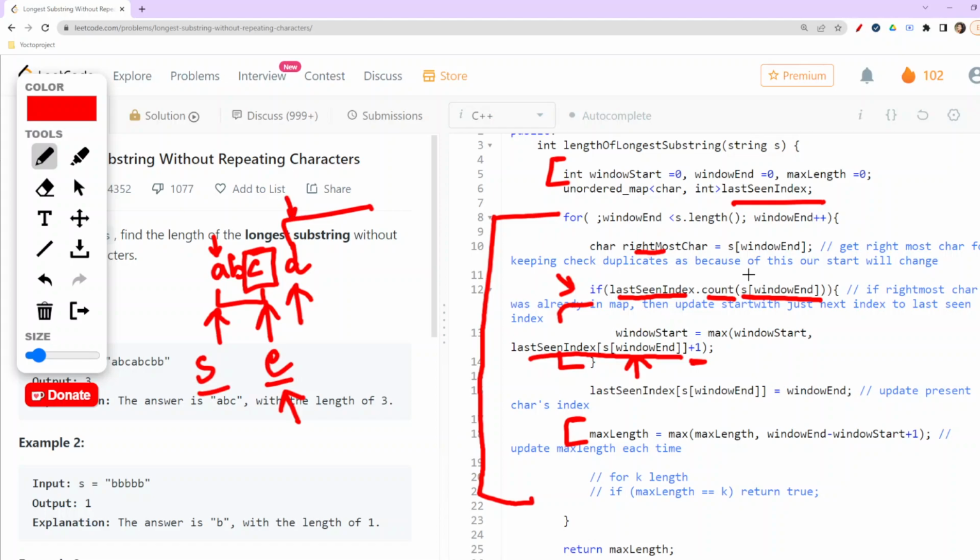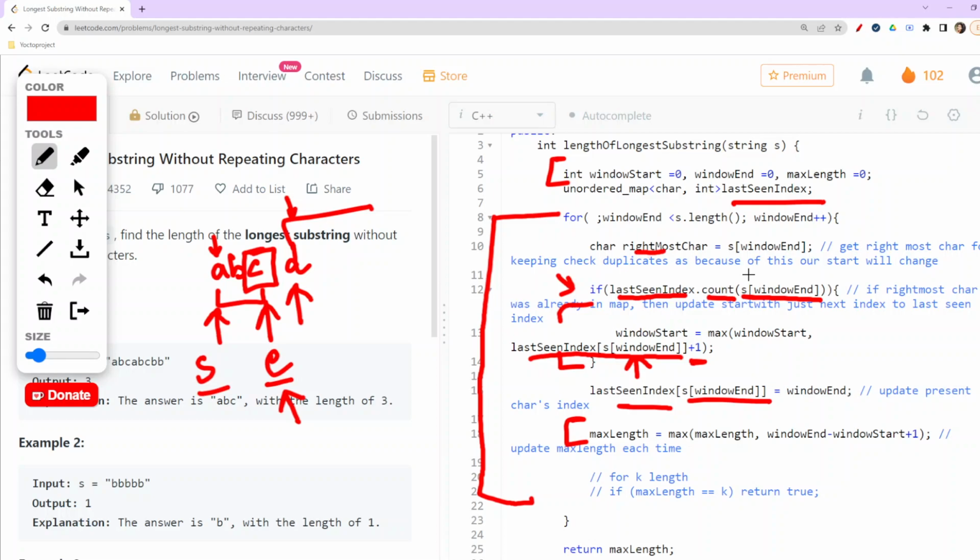We'll take whichever of these two is the maximum, so that we could start a window from that particular point. And then we'll update the last seen index,